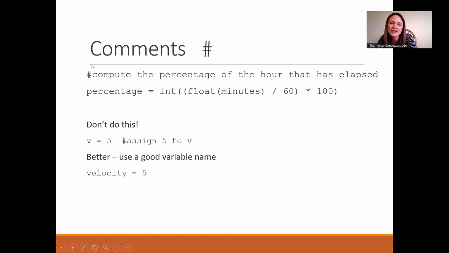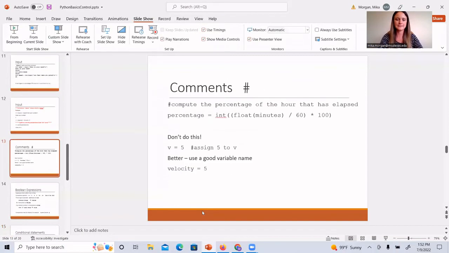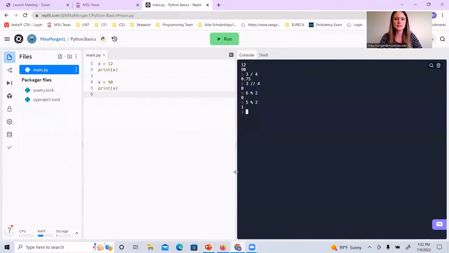We use a hashtag or a pound sign or whatever you call this, probably depending on your age, to make a note that is not run. It's not part of the instructions. It's just there as a note to the programmer or anyone else reading the assignment. Okay. So let's do just an example of that. If I was going to put a little comment heading up at the top of my code,